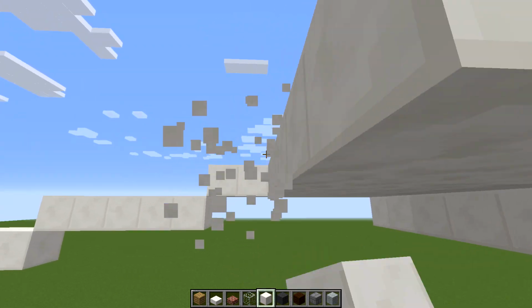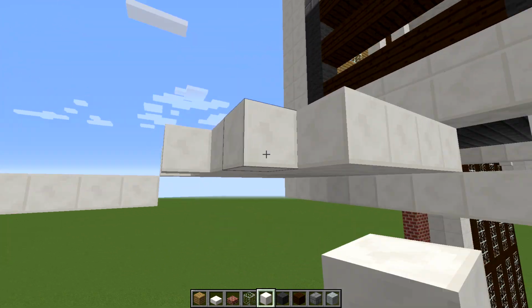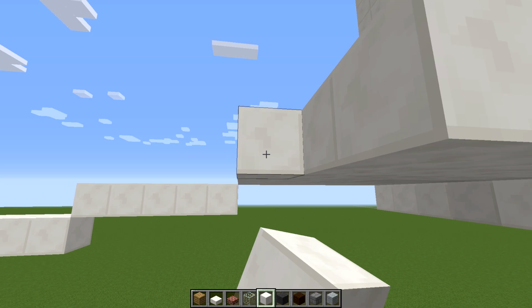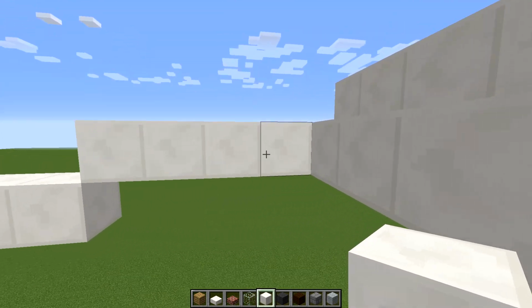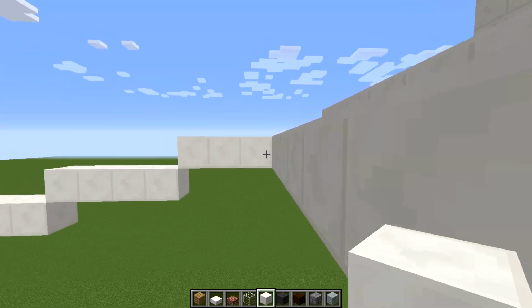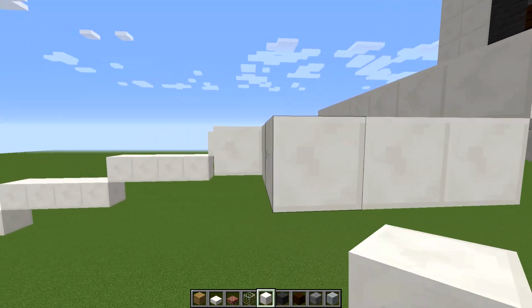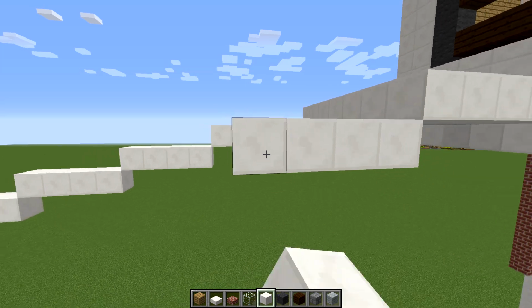Oh. 5, 6. 6. 6. Another 6. We're actually making pretty good time on this, probably because I cut out half of it because of